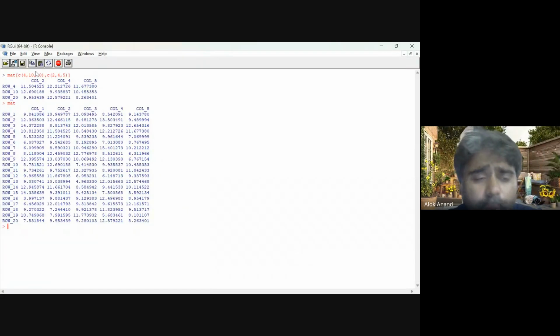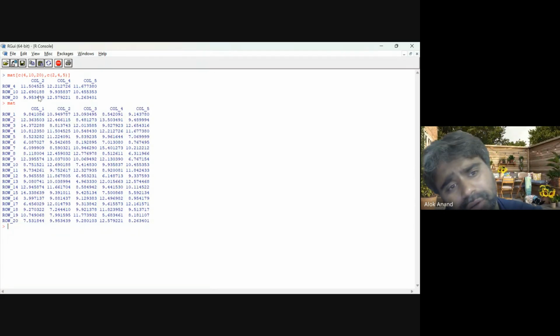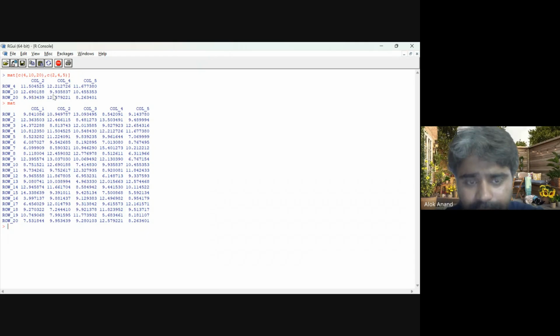So this is how we perform the slicing of the elements, right? Now do one thing. You can do one more thing basically. Suppose that you want to